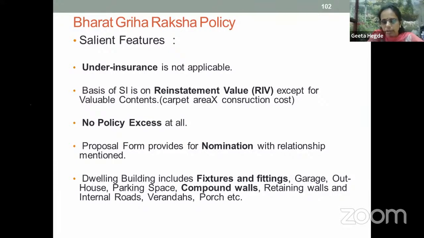Like if the sum insured on the last year policy was 20 lakhs and at the time of renewal the insured, though the policy has changed, wants to opt for the same sum insured,